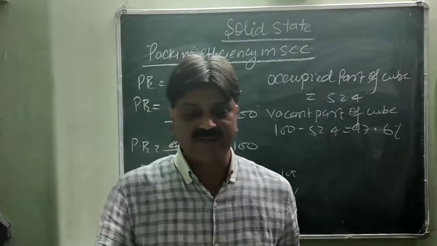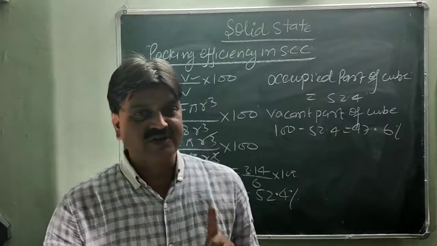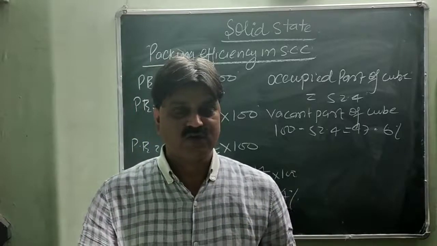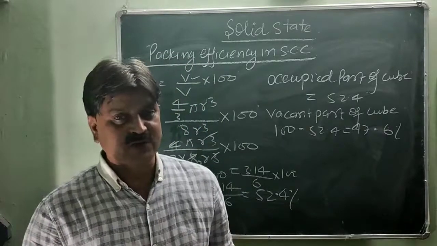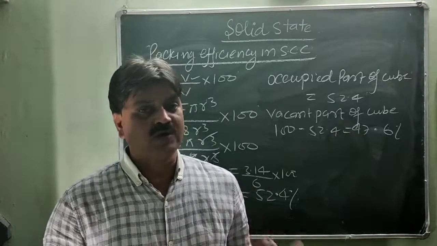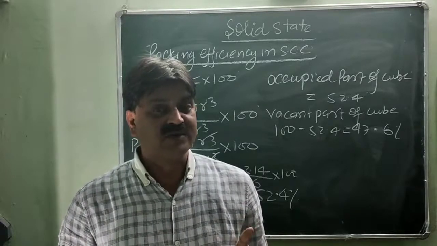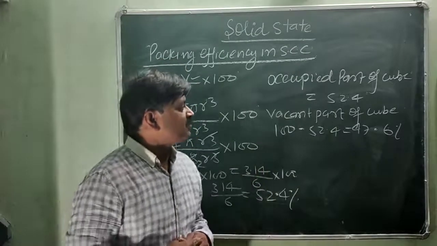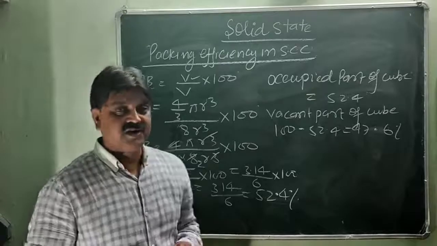So you can calculate very easily. In case of SCC, the number of atoms per unit cell is 1 because the atom is present only at the corner. So we can find here the edge length a, a is equal to 2r. Now 2r cube is equal to 8r cube. This is V is equal to a cube. So we have to find out the total volume V. And one atom in one unit cell, 4 by 3 pi r cube volume. Divide and calculate, and you will get 52.4% as the occupied part and the rest, 47.6%, is the unoccupied part.